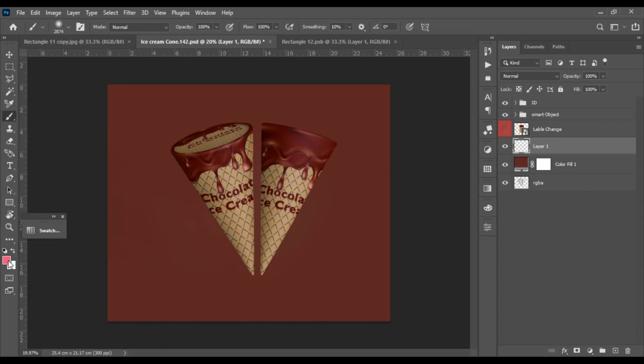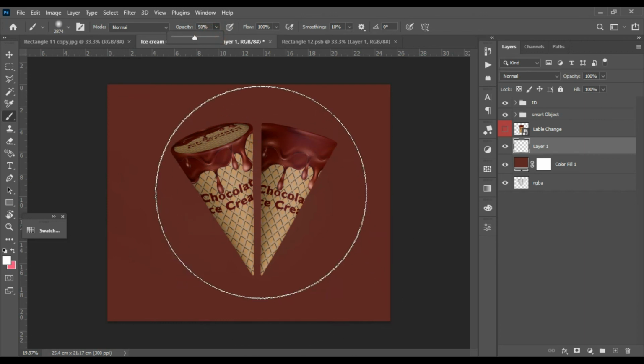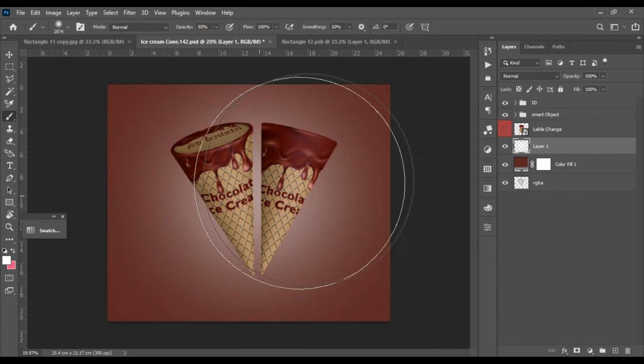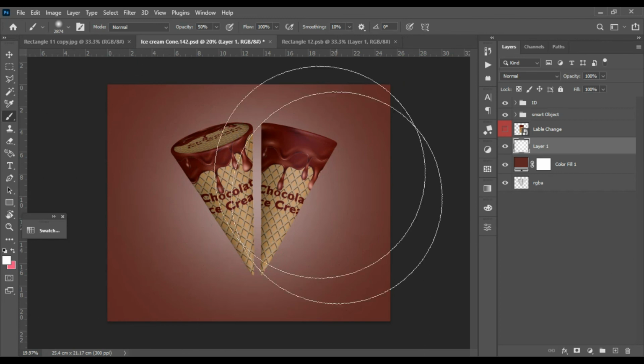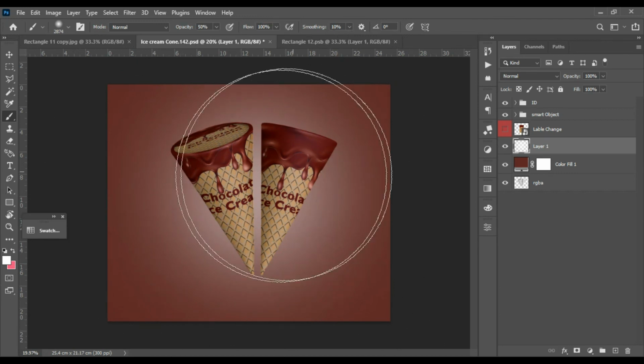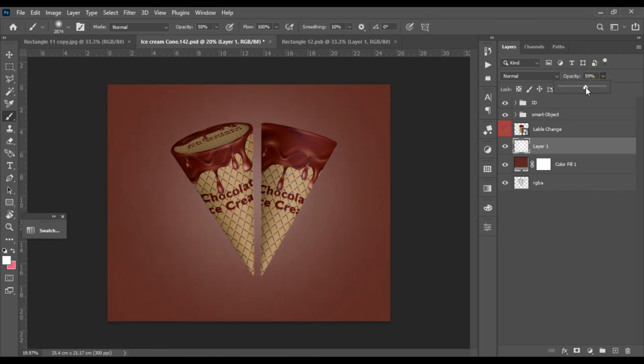Make one layer above. Use the white color. Reduce the opacity and tap it. You can also use a gradient color to get the similar effect, but here what you can do, you can adjust these levels according to your taste. Okay,